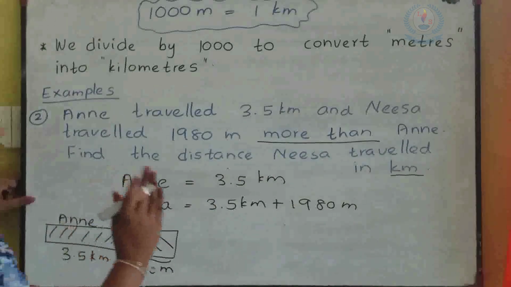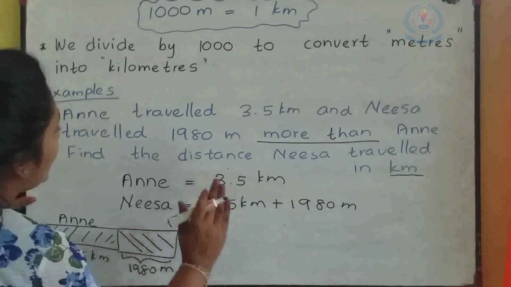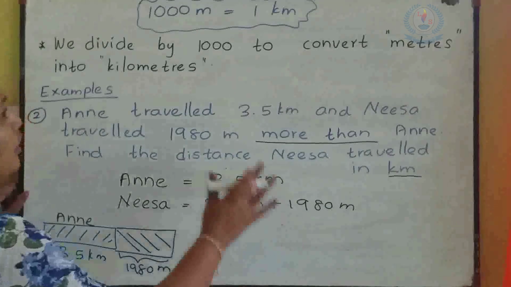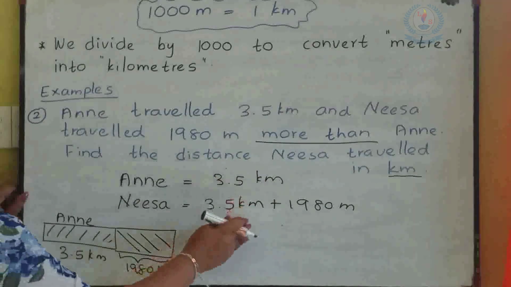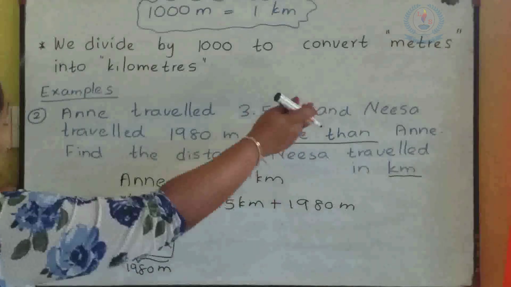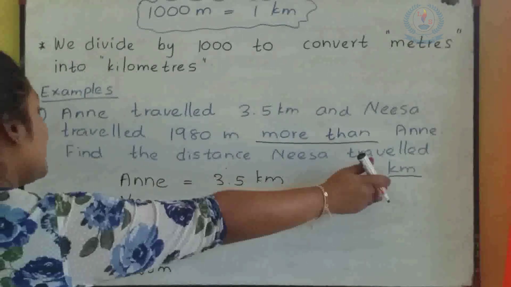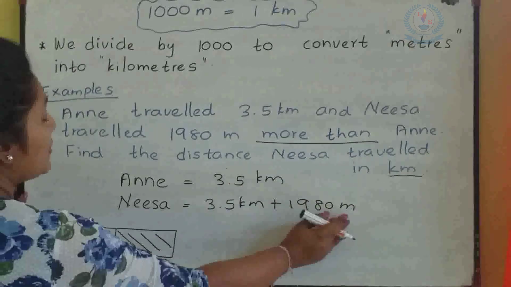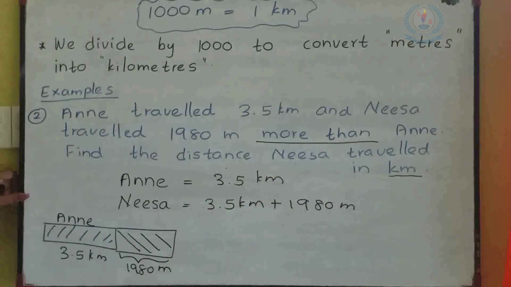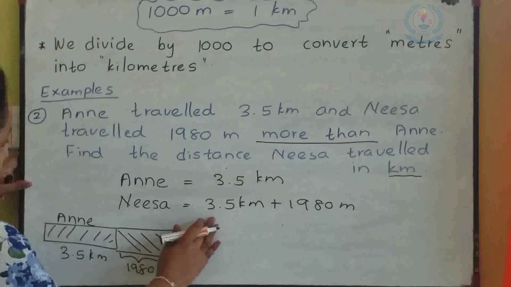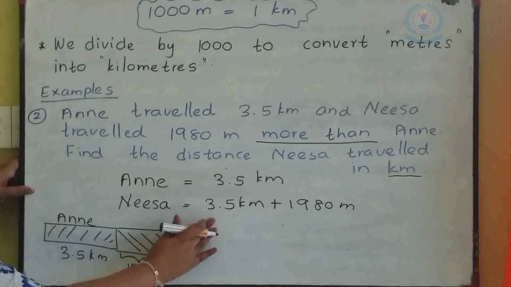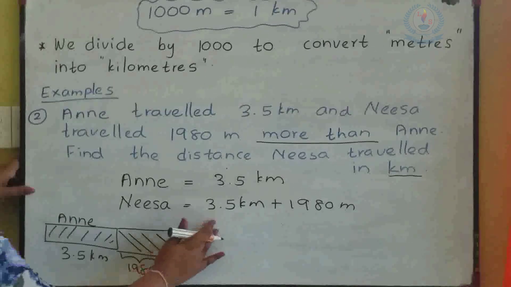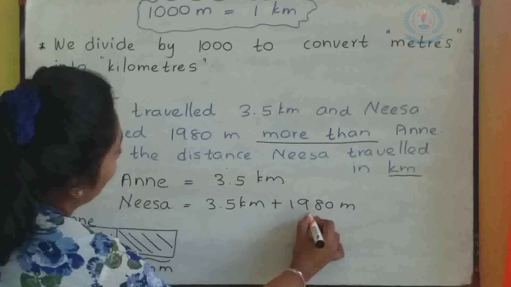Why is that? To add these two values, we need to convert both values into the same unit, either kilometers or meters. But in the question, they are asking the answer in kilometers, so it's better to convert this meter value into kilometers. The first one is given in kilometers, so there is no need to make any changes for this 3.5 kilometers. Then to convert this value, that means